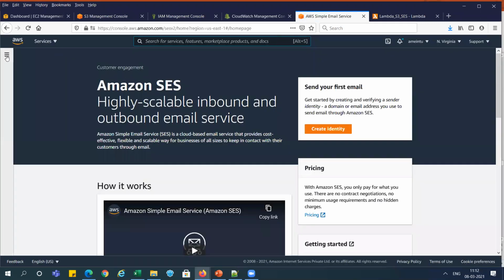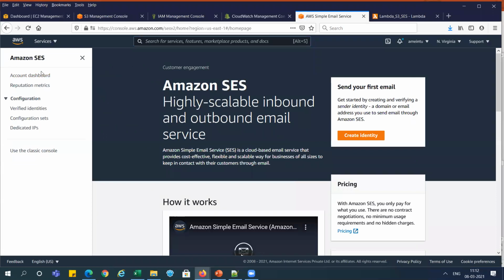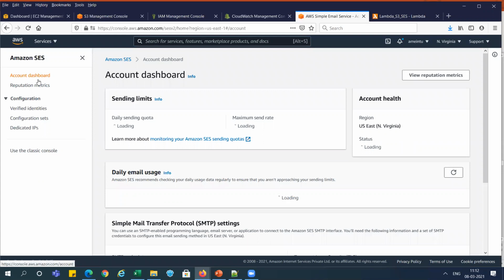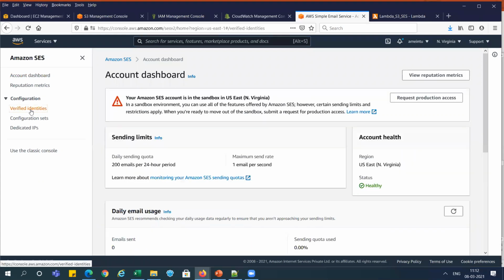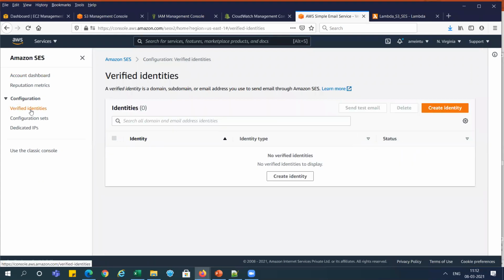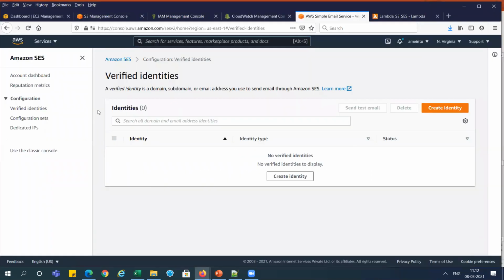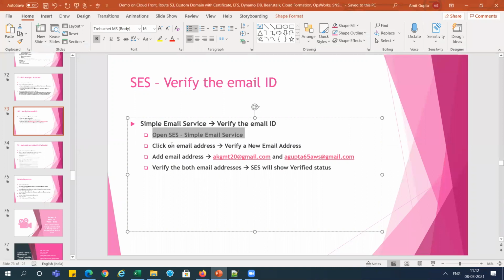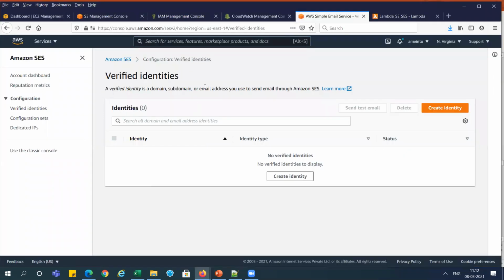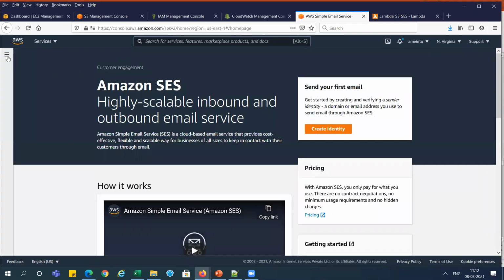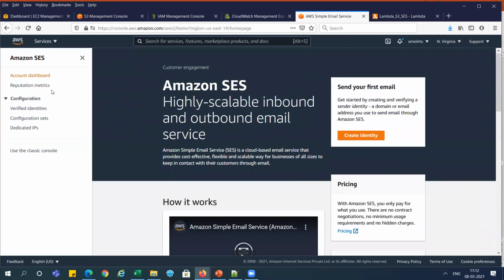See, this is our account dashboard. And you can see here verified identity. Let's go over there. Nothing is there, right? So you can see and click on the email address. I think somewhere we will get the email address.